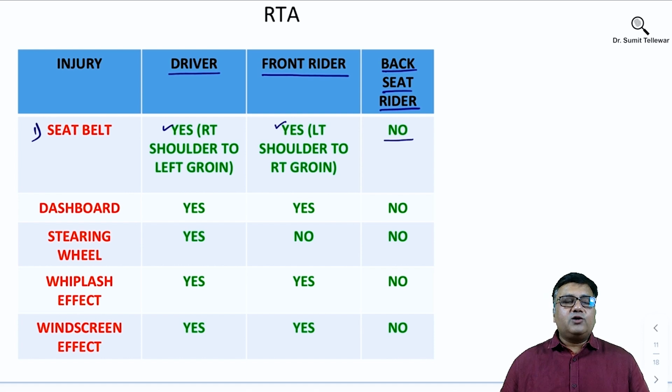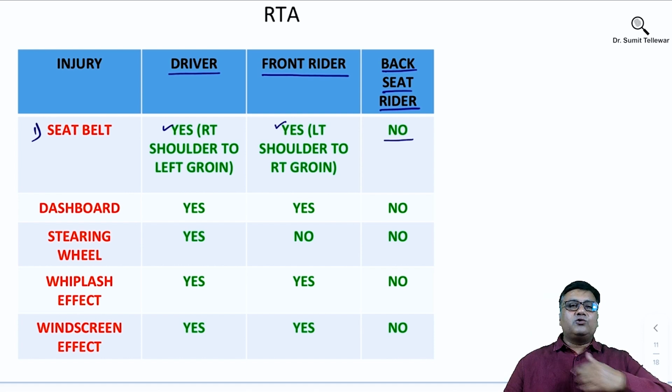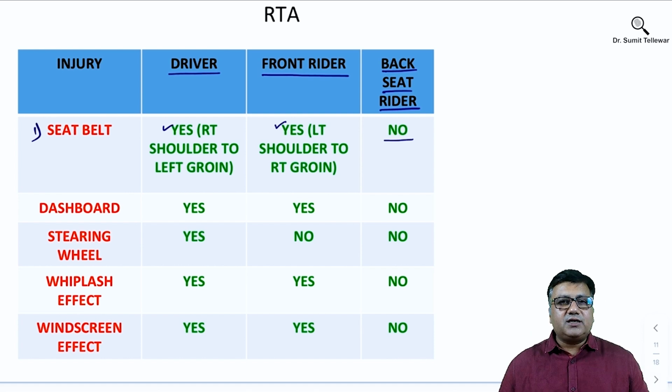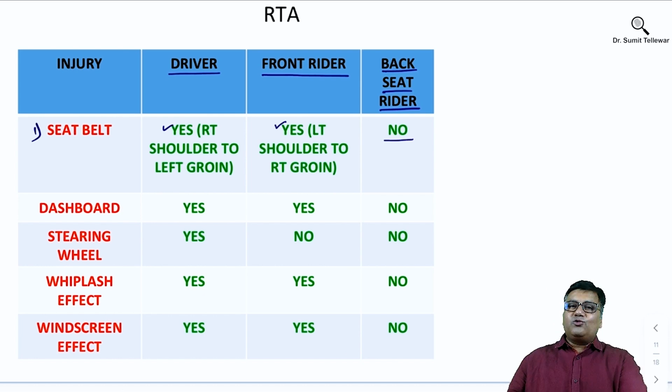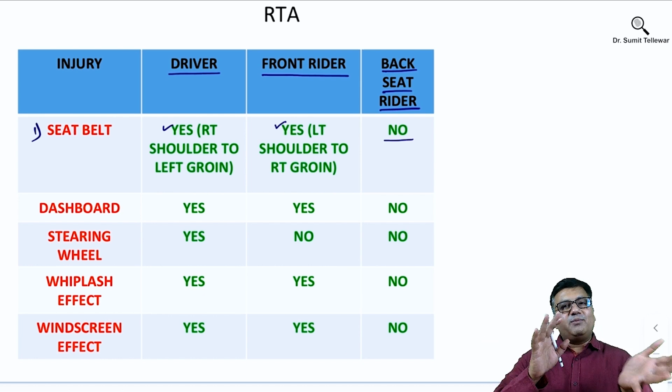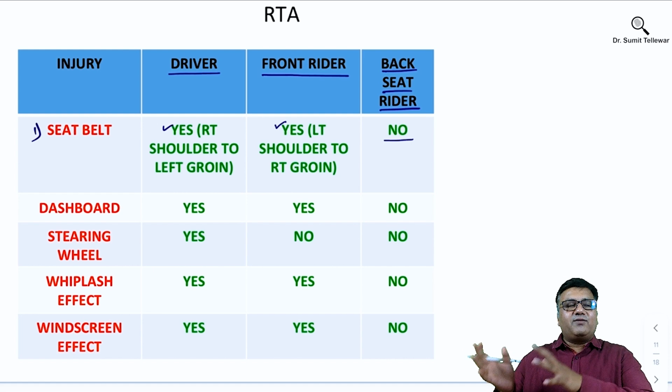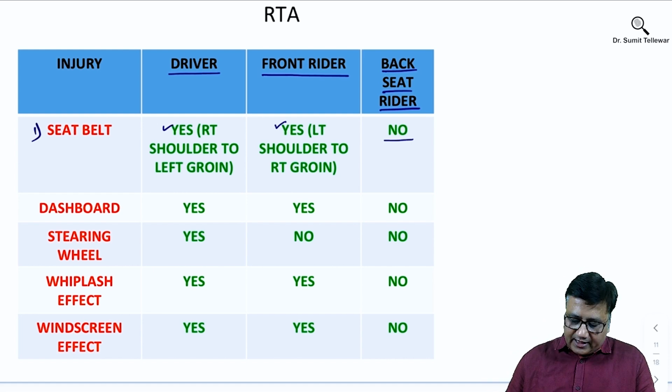In driver, the contusion will run from right shoulder to left groin, as you can see written on the PPT right now. And in front rider, the contusion will run from left shoulder to right groin. So you will be able to distinguish who could have been driver or the front rider. Then second is